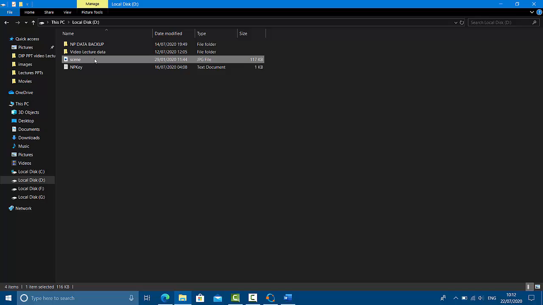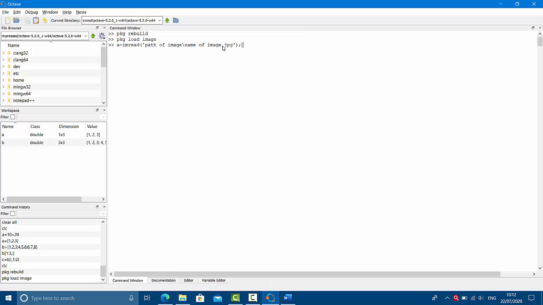Okay, so let us find out the path of that image. Right now this is my image. You can click on the address bar, and that is nothing but the path. D colon slash is the path. The file name is scene, and its extension is jpg. So remember that you have to mention it like this. What was the path? D colon slash scene dot jpg. No doubt you can directly copy that and paste it over here as well. There is no problem, Control C, Control V works fine in Octave.